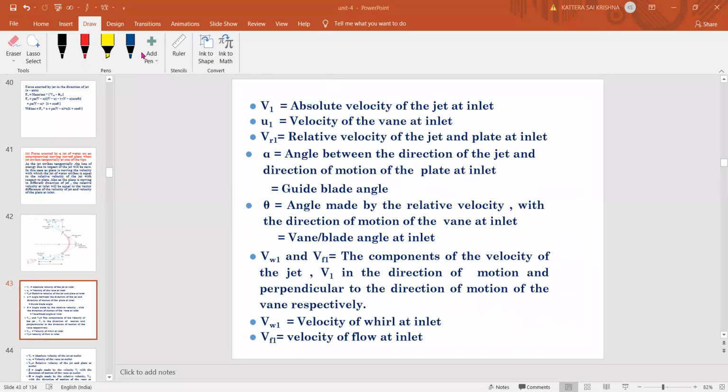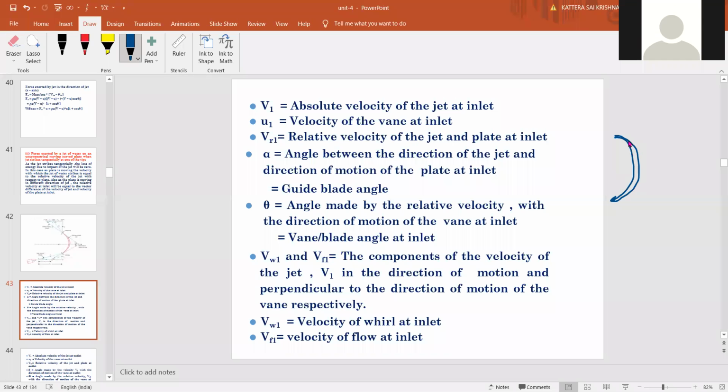One second, you can see how to draw the inlet triangle, right? I will show here. Can you see the blade? C-shaped. Students, can you see this diagram? Yes, sir. Okay. Since I'm drawing outside of the sheet, I'm asking for the slide. So for drawing the inlet triangle, you see.